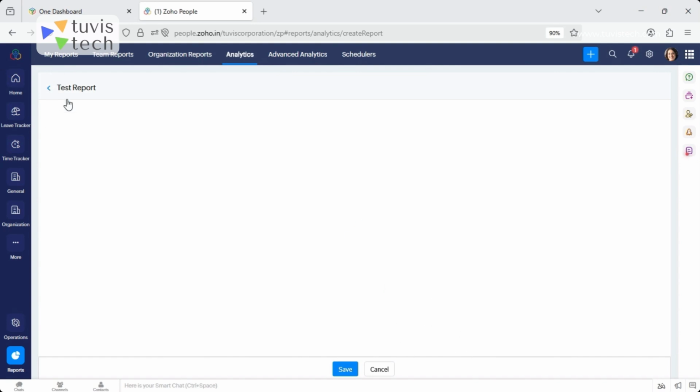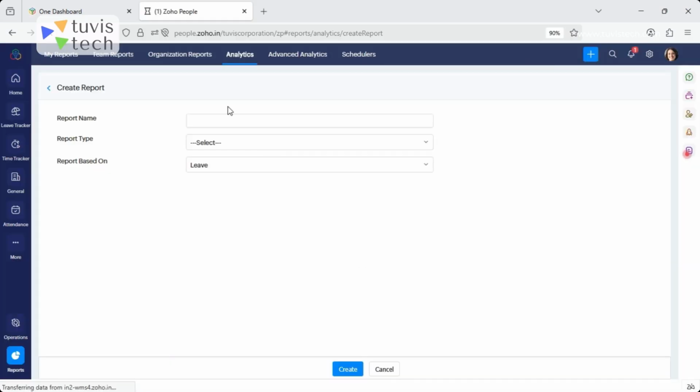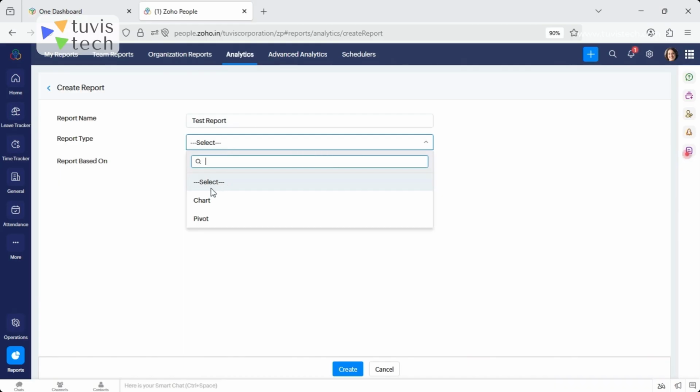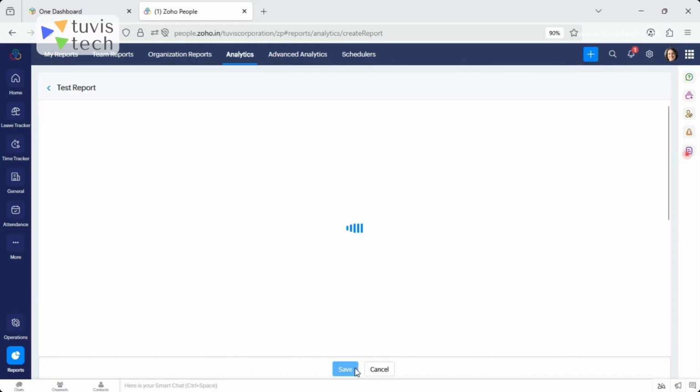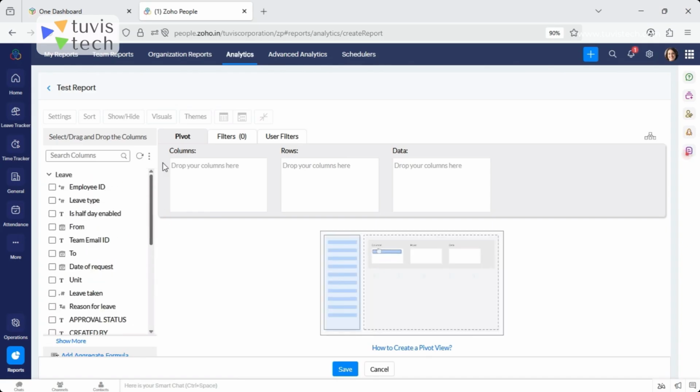In this particular path, you can create reports for different modules. For example, if I create a report again like this, I select a report here and click on create. Then you have options to create a report by dragging and dropping different fields like this. You can see that you have different fields as per the modules on the left side, and you can always